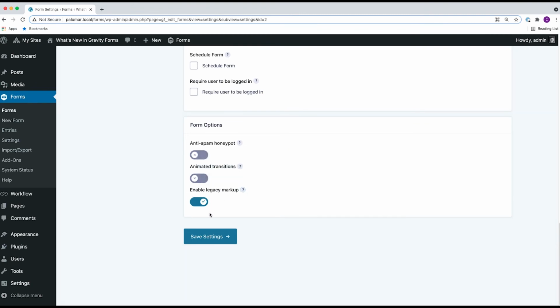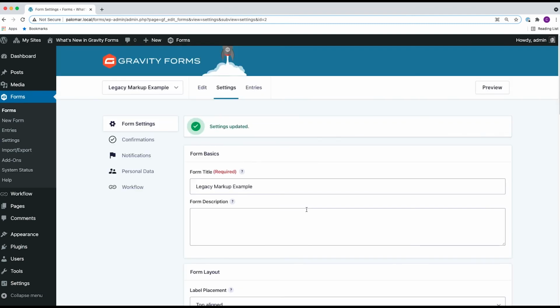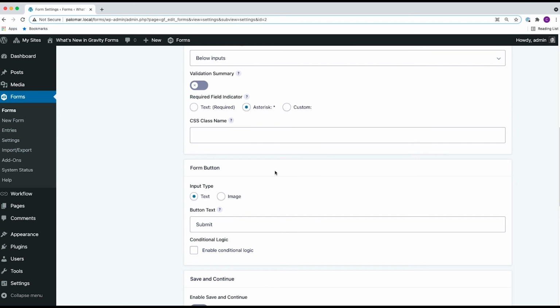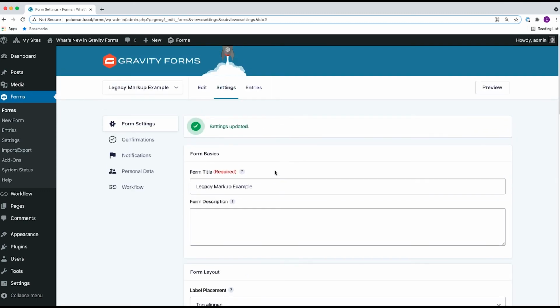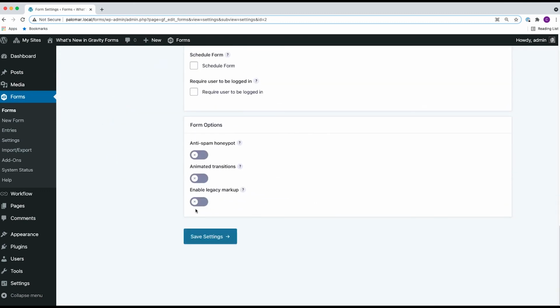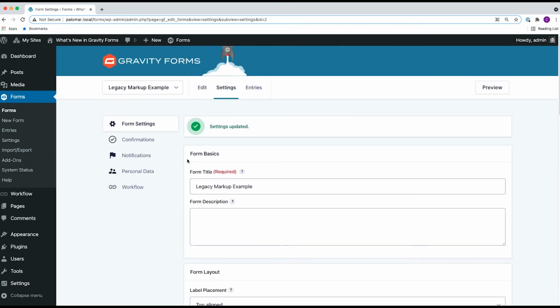So any old forms are going to have this enabled automatically. If you have this view where it's that blue-green color with a check mark here, that means it's currently on and it's using legacy markup. So if you want to use the new markup, you need to turn it off here and then save those settings. And then after you've turned it off, and you see it's now off here with this X and the gray, when you go back to the form,